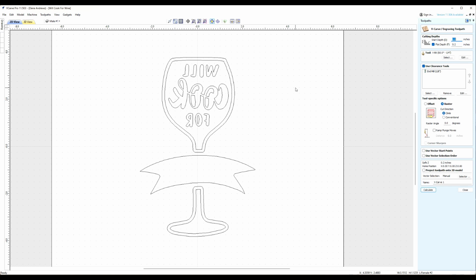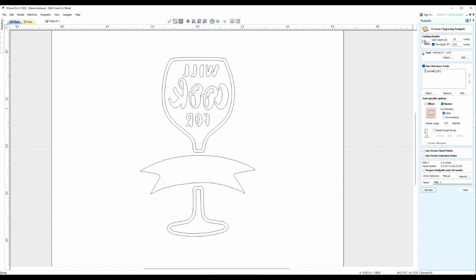And if you watched the first video, and I hope you did, the start depth is going to be 0.18. My finish depth is going to be 0.02. So same tools, same clearance, all that, only this is going to be called